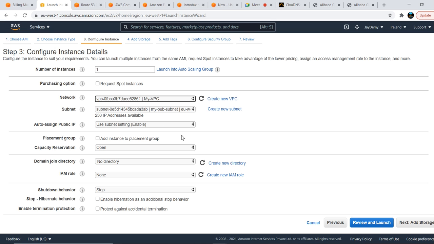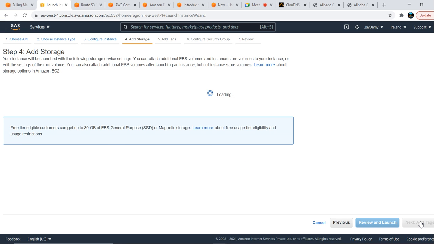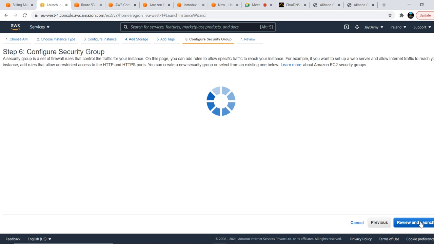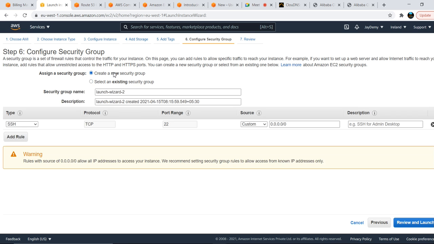Choose your non-default VPC and choose another availability zone, that is public subnet 2, and add storage, tags, security group. Select an existing one. If you are not selecting an existing one, what will happen? It will create a default security group with only port 22 open, that is SSH.